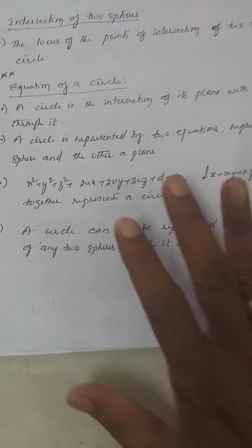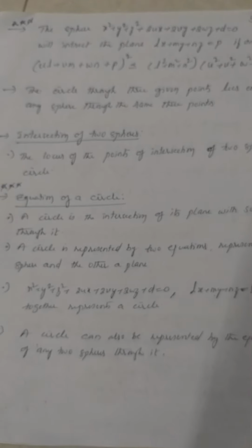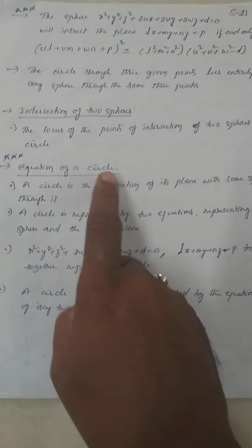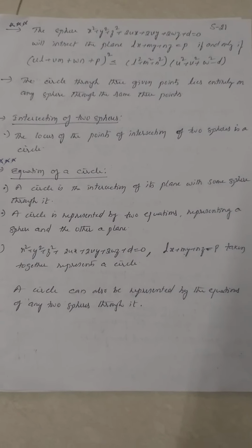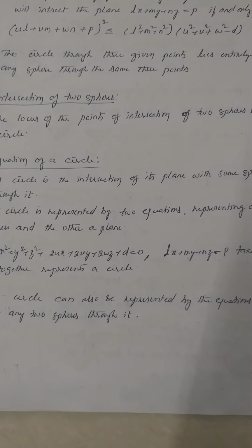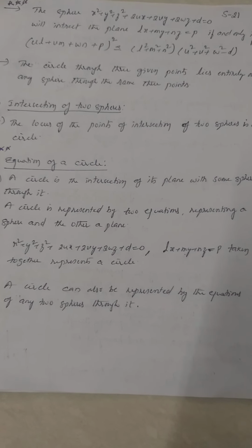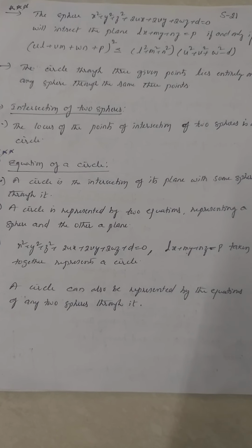Now page number 21, conditions are given to you, right? Please go through all the points. Now the equation of a circle, right? I have already told that also. Look at the explanation of the equation of a circle two times, once again. Now a sphere equation, comma, plane equation put together is called a circle equation, remember, right? The equation of a circle is represented by two equations.